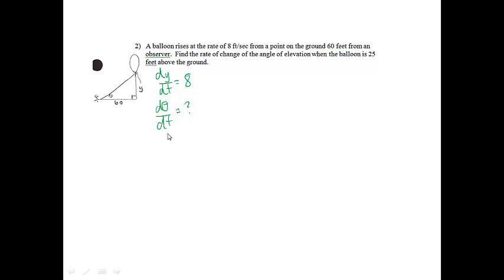And then they tell me that the balloon is 25 feet above the ground, so my y value is 25. Okay, from there, we're ready to set up an equation. Since I'm using theta, I'm going to use SOHCAHTOA. And I notice that I'm given the opposite side and the adjacent side, so I know that I'm going to be using tangent. So we will have the tangent of theta is equal to opposite over adjacent, which will be